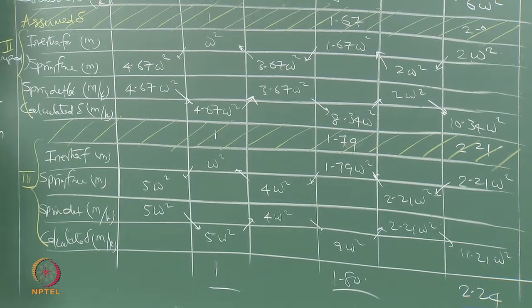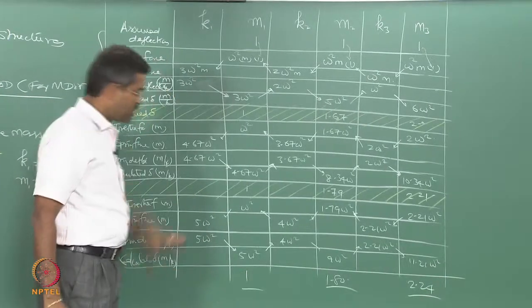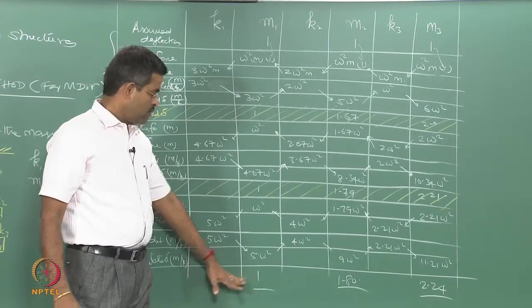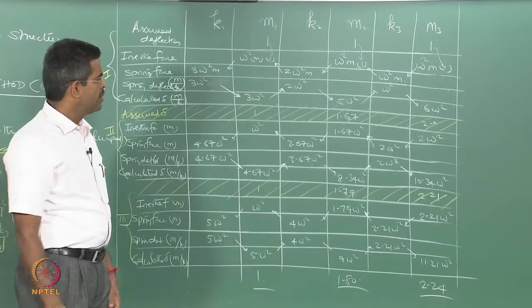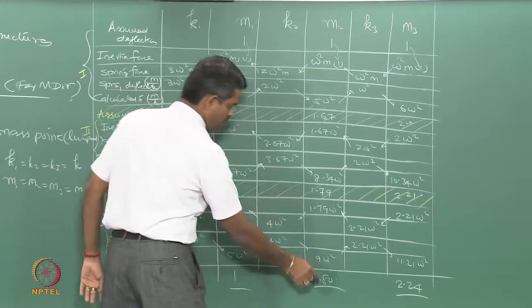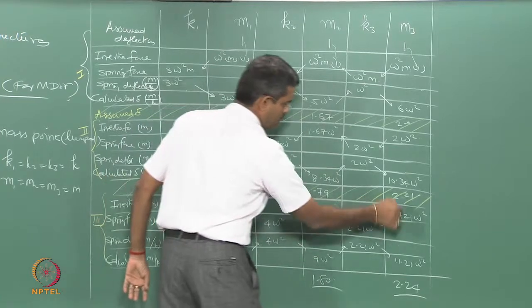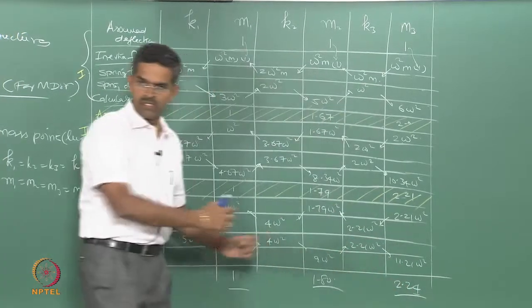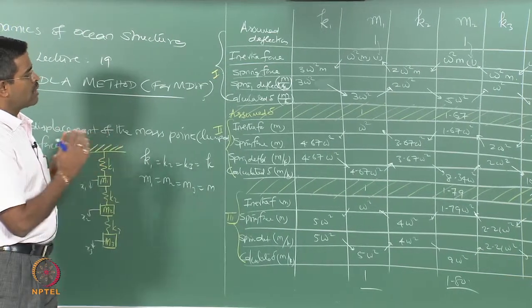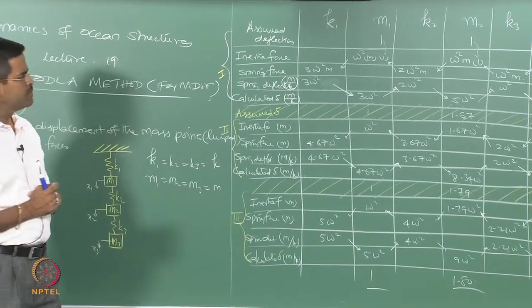One can verify this data once again by putting this back, and in the fourth case you will get back the same value as 1.8, 2.24. You can otherwise also see this is converging, this is more or less equal to this. The second digit is only the variable, the first digit is converging. So, it will converge. Now, let us quickly look at the discussion of this particular table.